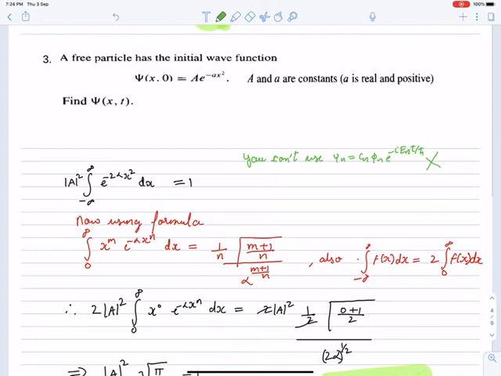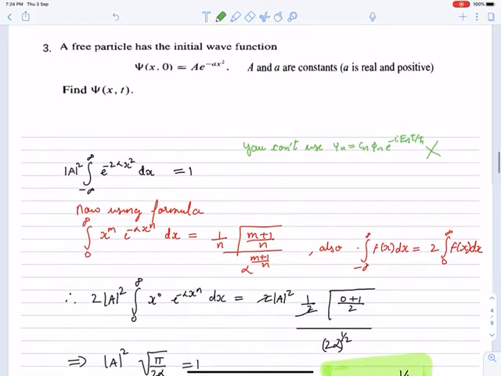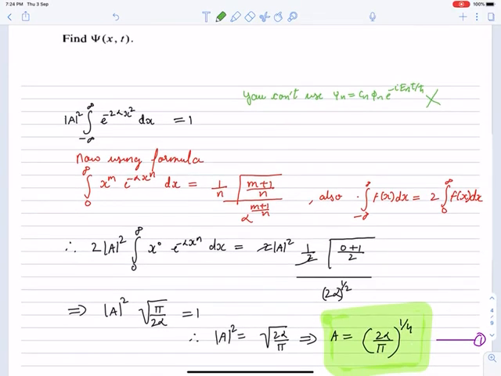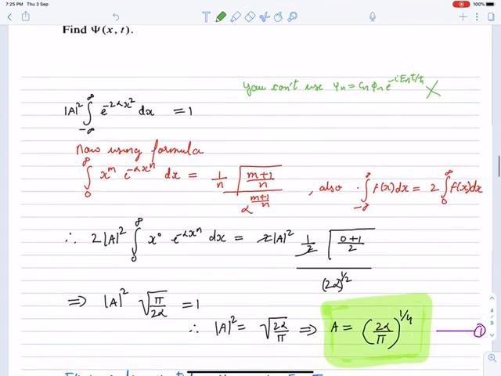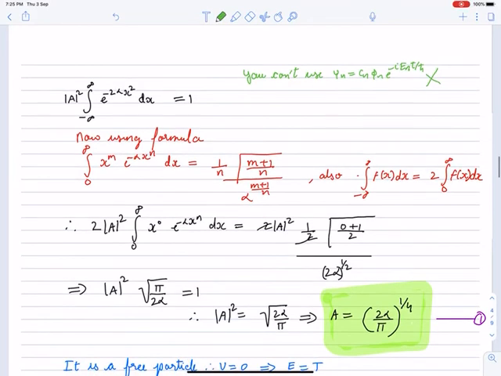So basically, we can calculate it with the help of a Fourier transformation. It will be easy to calculate this, and this is the only method to calculate psi x comma t. So we can use this formula to first calculate the normalization constant. It uses the formula integral 0 to infinity x^m e^(minus alpha x^n). I think you might be aware of this from when you do beta gamma functions. This formula is basic, and it is the master formula. It will be used many times in quantum mechanics, in electrodynamics, in statistical mechanics. So you should remember this.